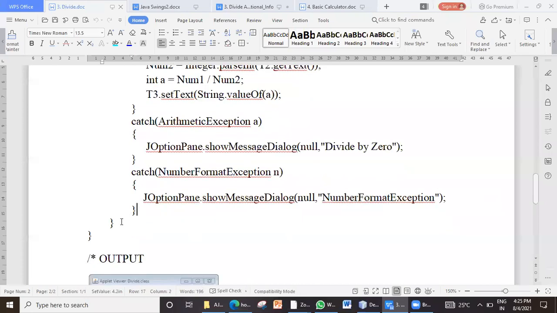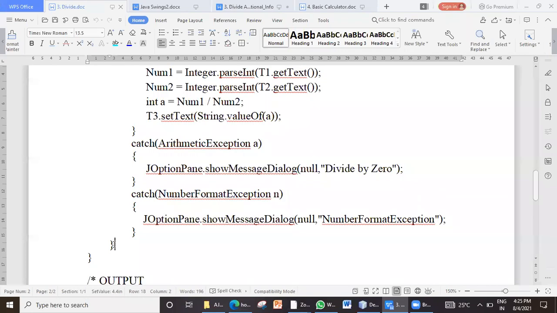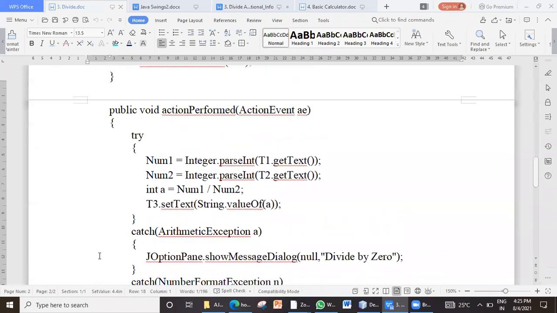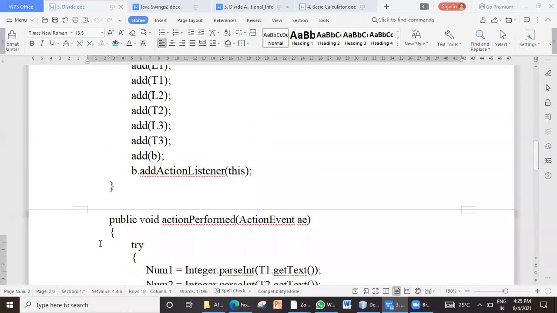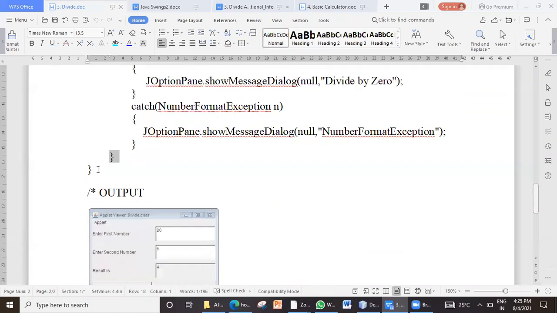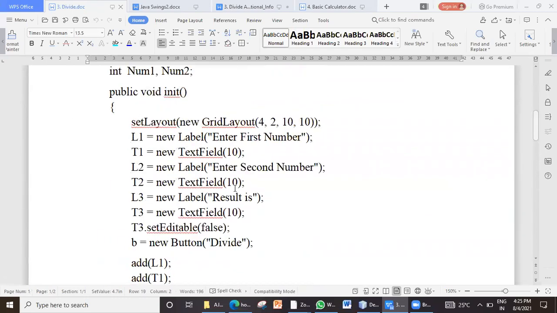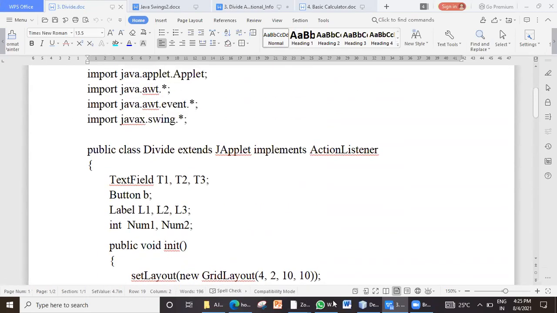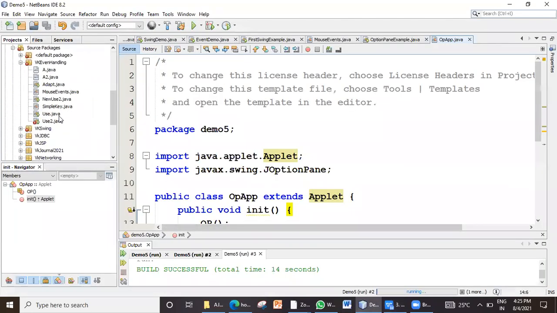My catch ends here. Similarly, I close the actionPerformed method, and then finally I close my applet class bracket. So this is my third journal program. When this program runs, let us see whether it is available here.